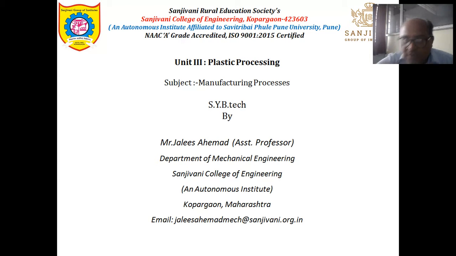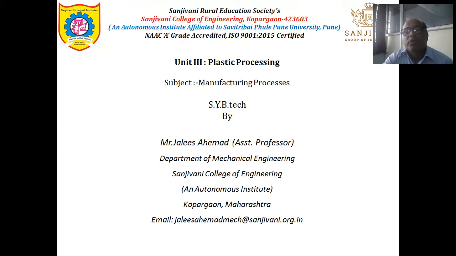For example, this is a bottle. We can see how this bottle is produced. Bucket is there, bottle is there, bottle caps are there. A number of machine components, such as gears, are made of plastic. How are they produced? We should know how plastics are formed and how plastic components are shaped. For that purpose we are studying this unit, plastic processing.